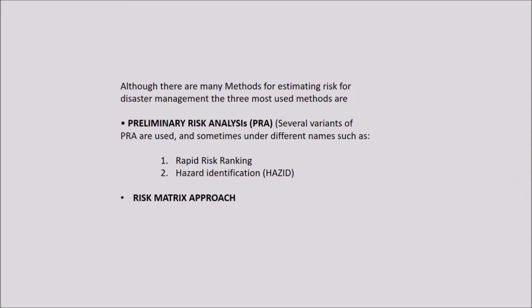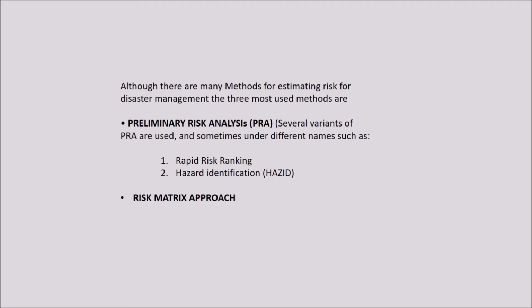Now, there are various other methods to assess the risk, though risk is a function of vulnerability and hazard, and it is inversely proportional to the coping capacity. There are various methods of estimating the risk. We will learn these methods now, and also various case studies where these methods have been used. The most used methods for estimating risk for disaster management are preliminary risk analysis with several variants,